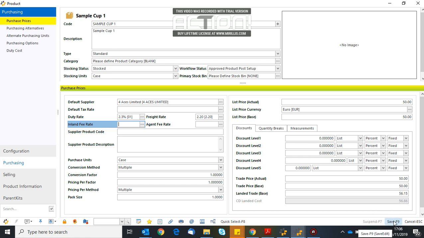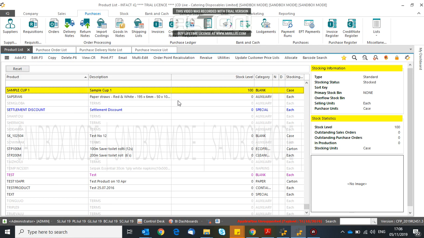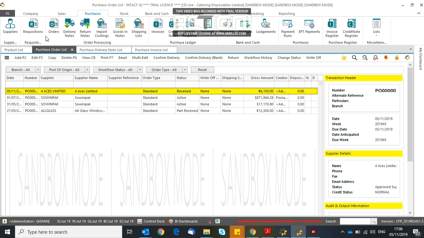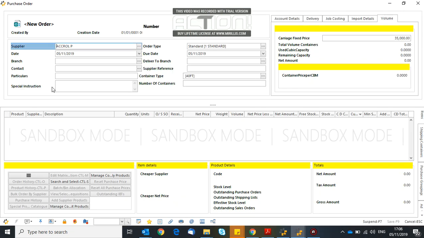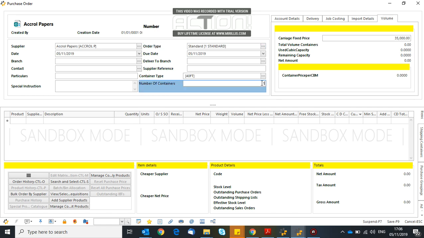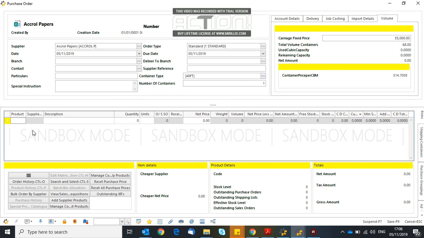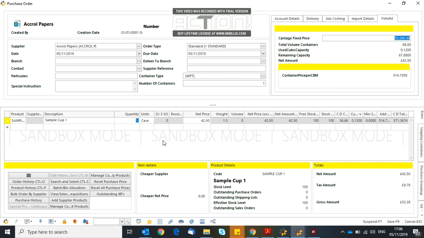Now let me save this. This time let me create another purchase order for the same product. Add F2, selecting a different supplier this time. Number of containers, same cup. This time let me order 500. Let me just order only 20 this time. The reason why I am reducing the quantity is just to show you the variation, the difference